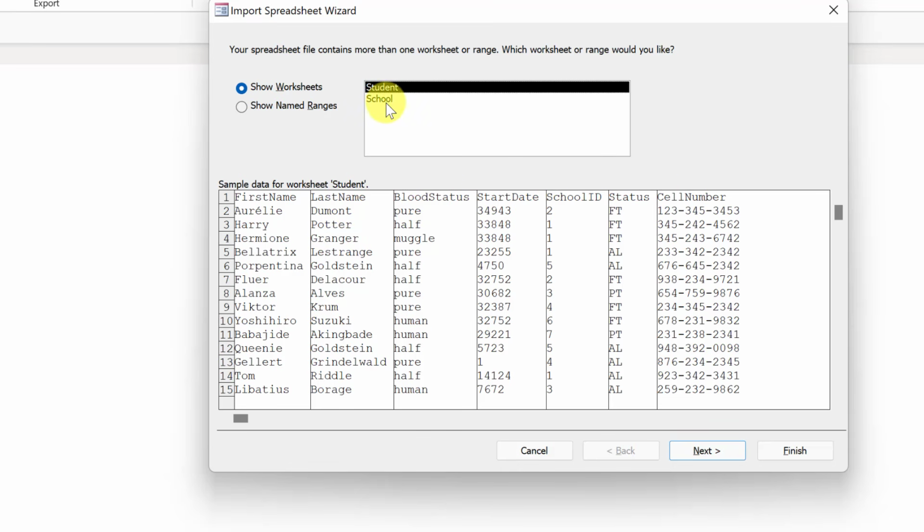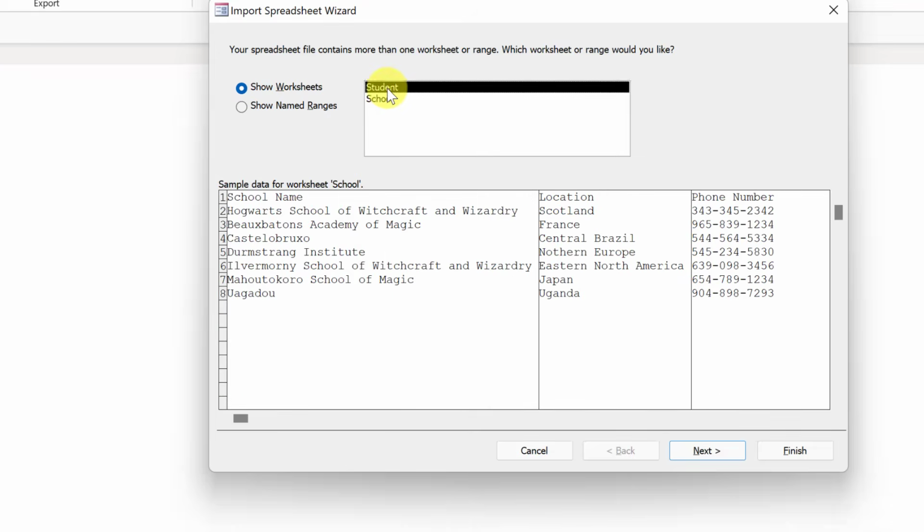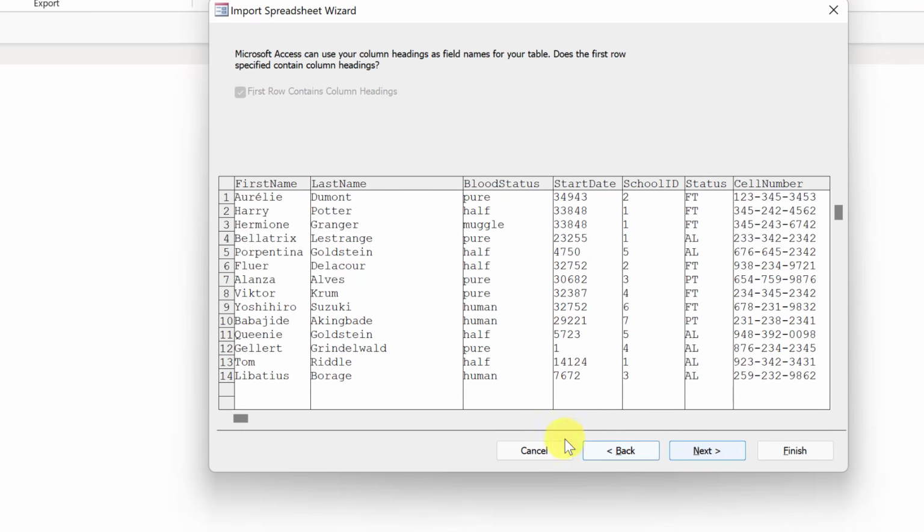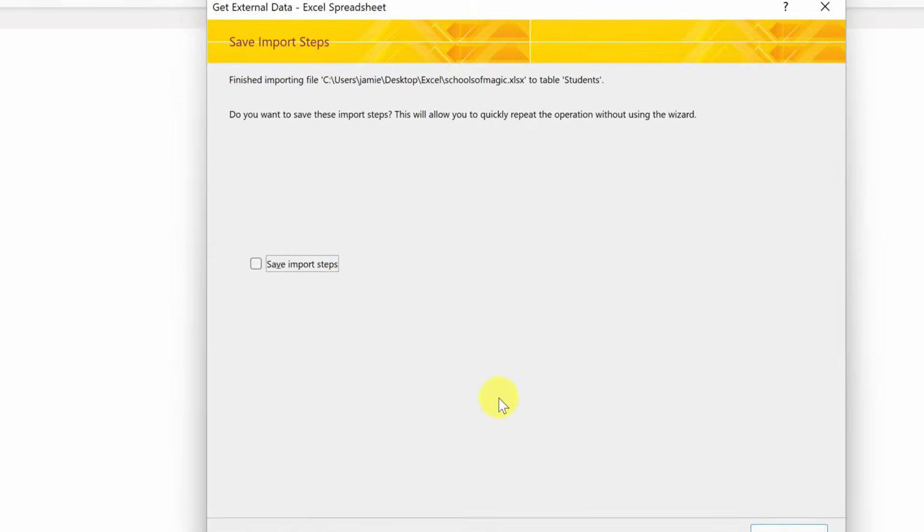Notice that it's saying I have two different worksheets here, and when we import the information for school, we'll do it again, but we'll select the other one. But this is our student one, so everything looks fine here. I'm going to hit next. On this one, first row contains column headers. You notice I can't even change it, so I'm just going to go ahead and hit finish like this, and it's